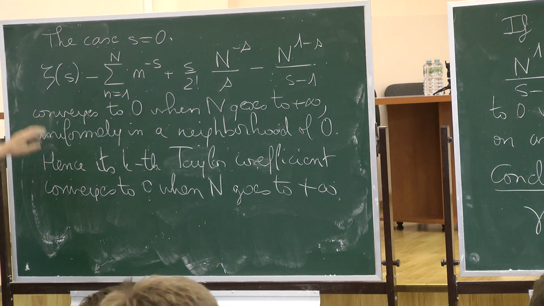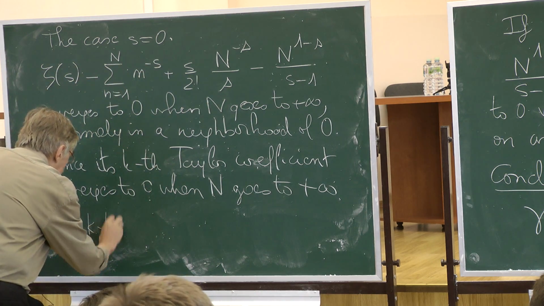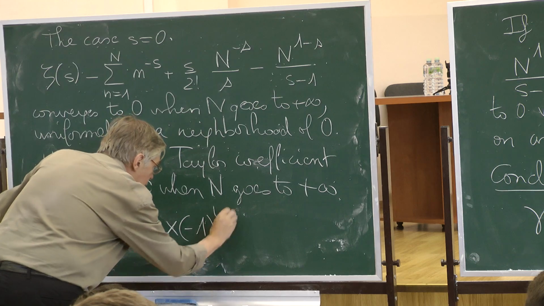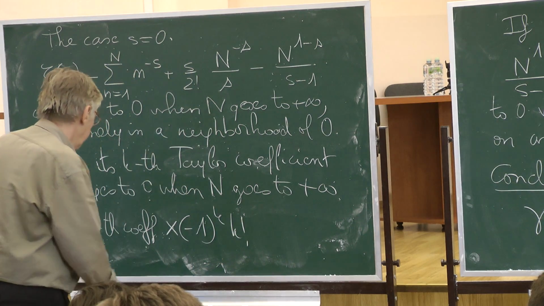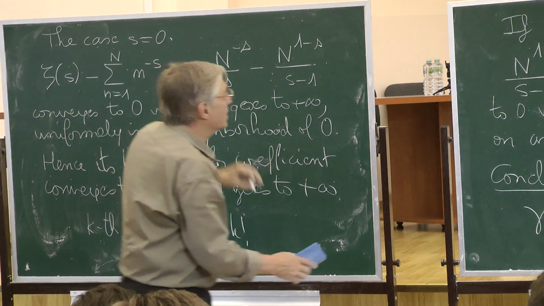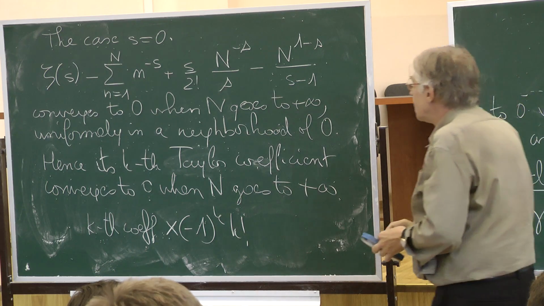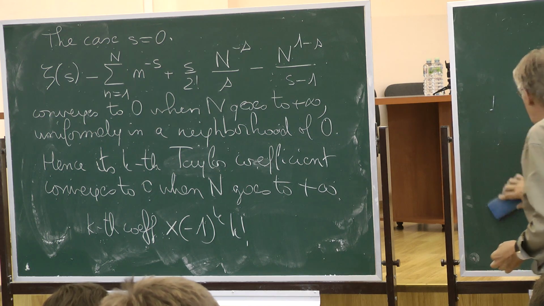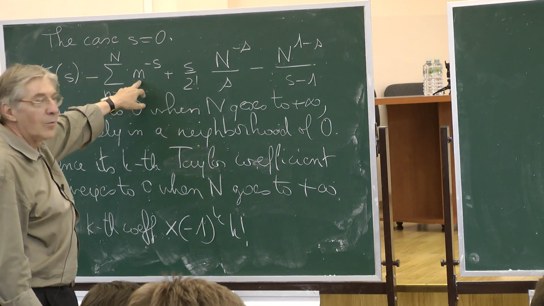So now we have to compute what is a k-th coefficient. In fact, I will take the k-th coefficient as usual, and I shall multiply it by (-1)^k k! in order not to have these stupid constants everywhere. And I compute this for each term. Here I am a little bit happier than in the previous case, because all the 4 terms are holomorphic near 0. For zeta we know it. This is a finite sum of holomorphic functions.